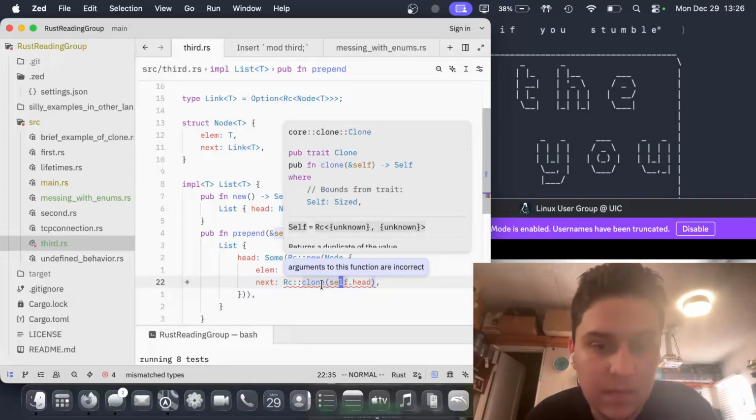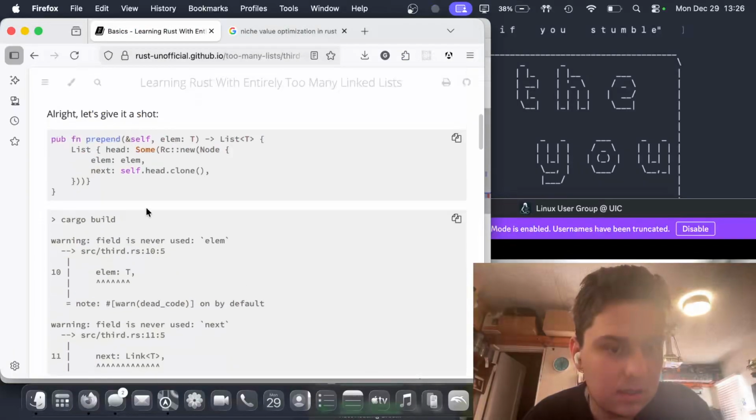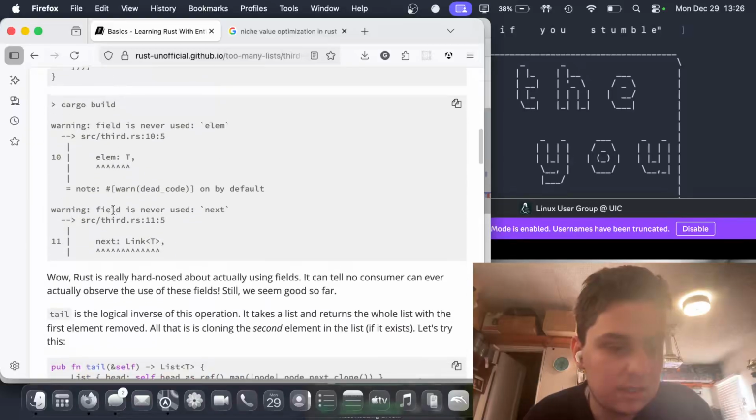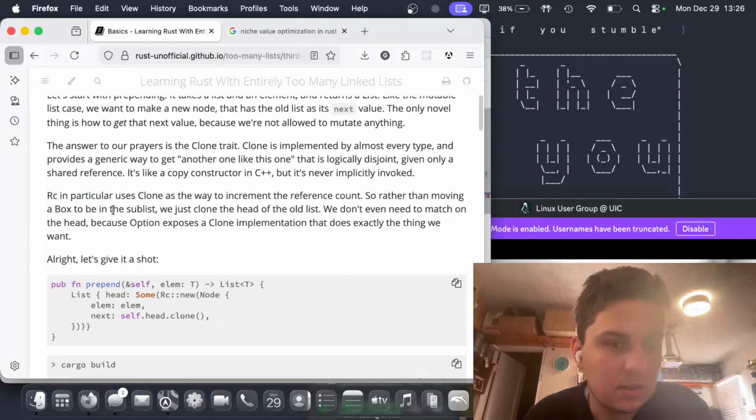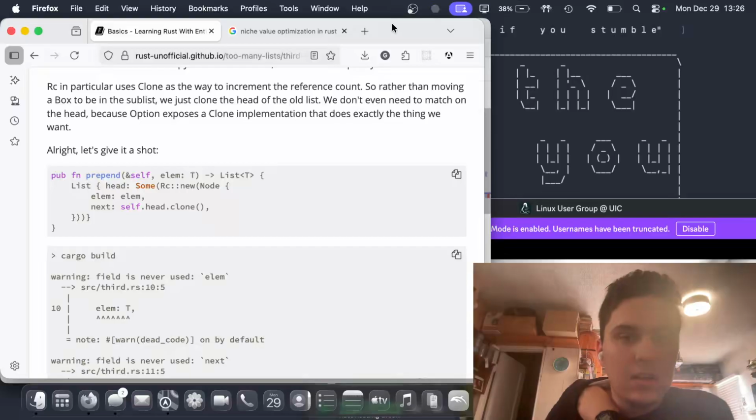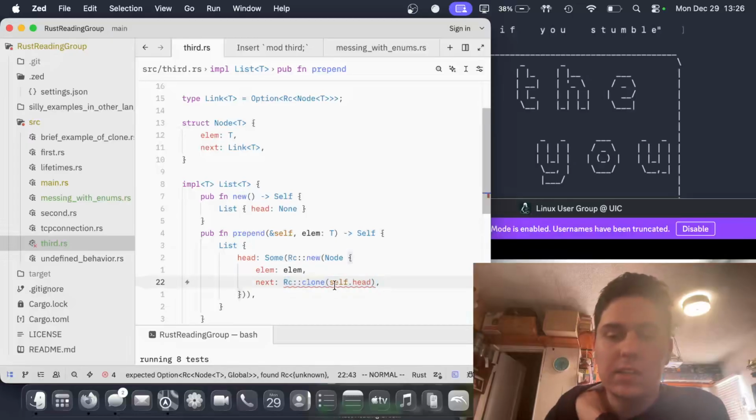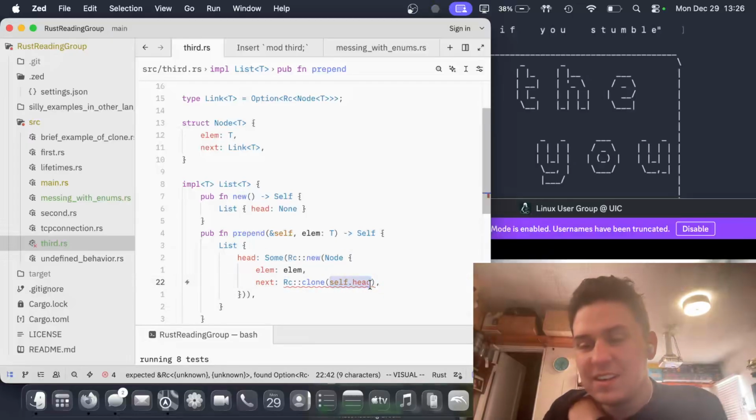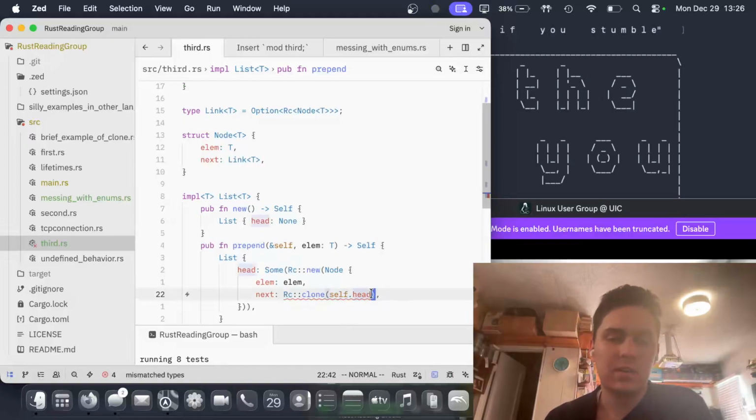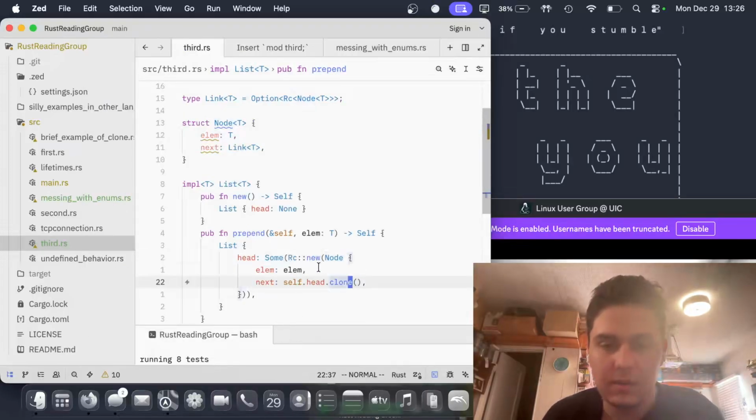What's going on here? Wait, what? How do you do this? Self.head.clone. So she just does this. Right. Okay, so here's the problem. We can't actually do RC colon colon clone here because this isn't an RC, it's an option. What we can do, we basically have to do dot clone here, but it's important to note that when we do self.head.clone here,